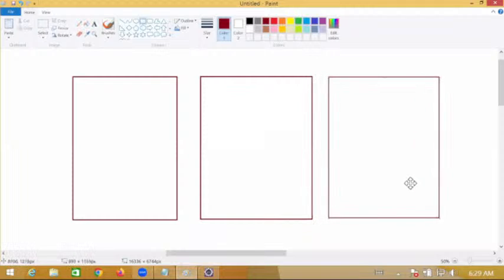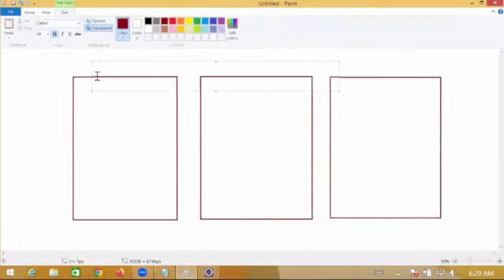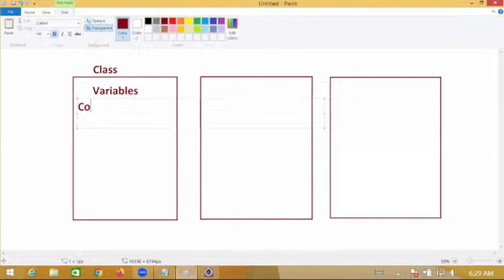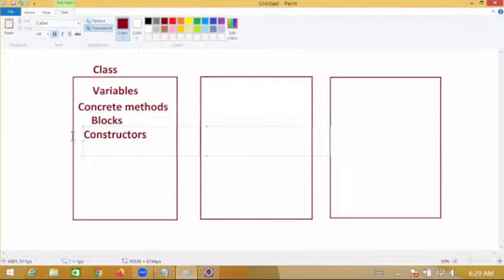In a class, variables came, concrete methods came, blocks came, constructors came, features came, and at last inner classes came